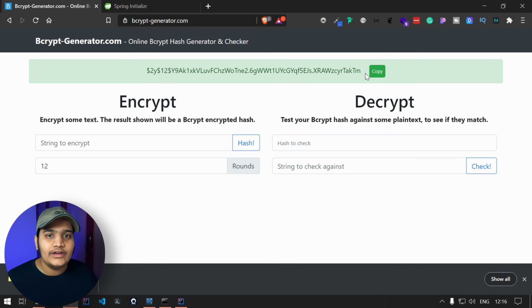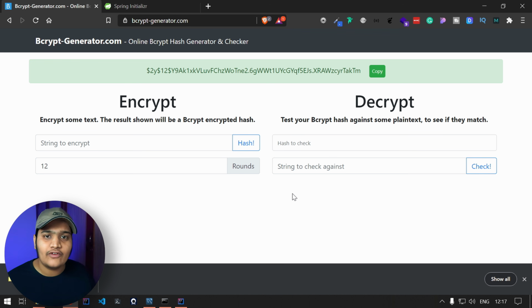Now whenever you are registering a user, at that time, before storing the password to the database, you can use this BCrypt password encoder to encode the password, whatever you are getting as a string, and then you store it to the database. With that you will be able to validate when you are using this BCrypt encoder. While encoding and decoding you should have the same password encoder, so make sure of that as well.